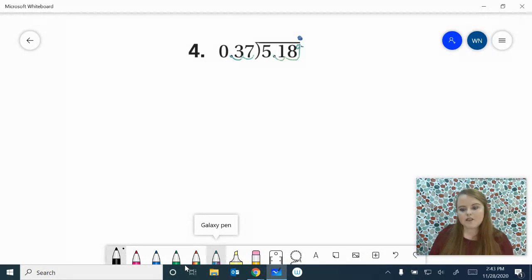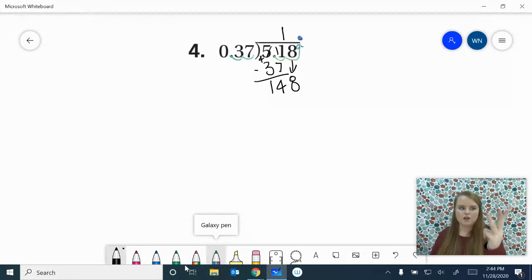51 divided by 37 goes in 1 time. 1 times 37 is 37. Let's subtract. Make that a 4 and an 11. 8, 9, 10, 11. Got 14 there. Bring down that 8. 148. 37 is kind of close to 40. So we're going to say 40, 80, 120,